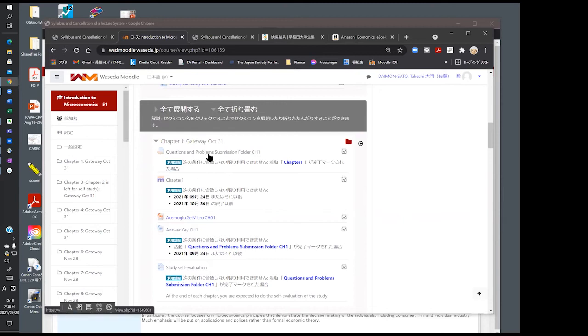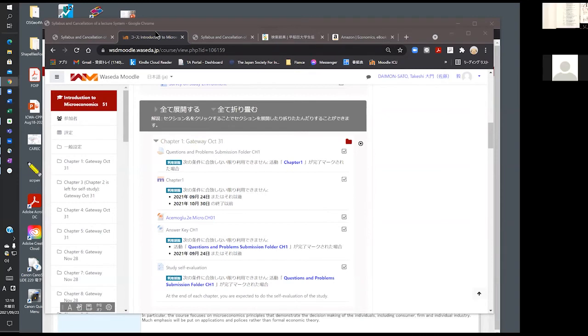And this section, from your side, maybe none of it is visible because it's the instructor's view. Well, previously I was not showing anything, but this is a textbook, by the way. Sorry about that. This is the textbook we are referring to. And now I think I'm showing the Moodle.